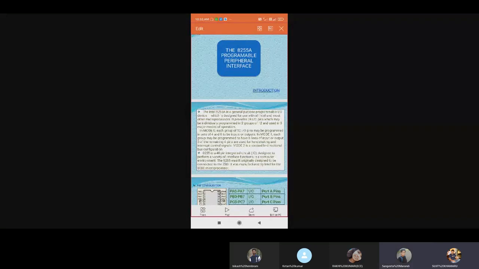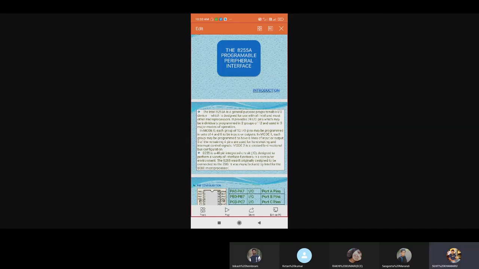So today I will discuss the PPI, Programmable Peripheral Interface. The name of this IC is 8255. Actually, the 8255A is a general purpose programmable I/O device designed for use with all Intel and most